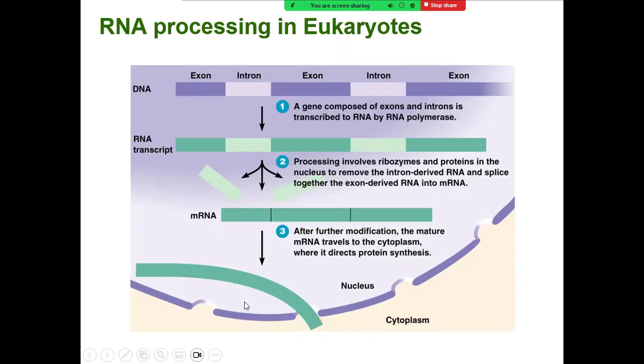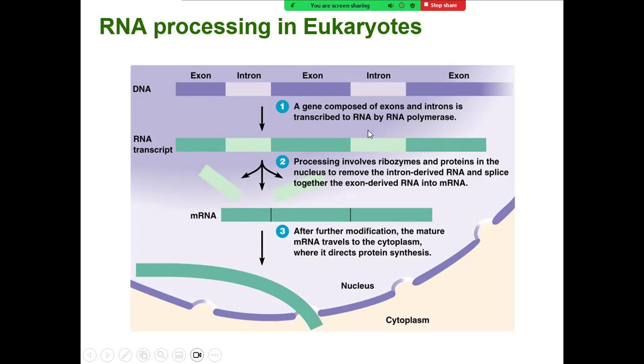In eukaryotes, we have another complication. This doesn't happen in bacteria, but in eukaryotes, we have exon regions of DNA that code for the protein, and we have regions in the gene called introns that do not code for the protein. When the first RNA transcript is made, it's going to have both exons and introns. The introns will prevent this